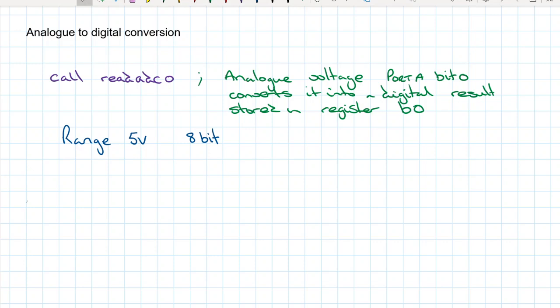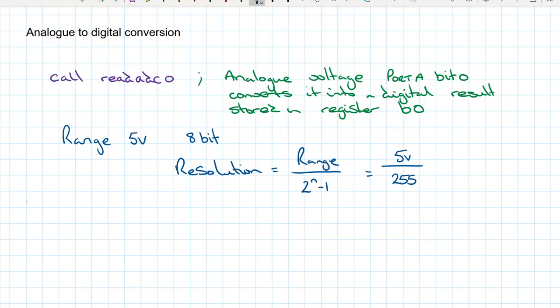Okay, which means we can then work out what the resolution is. So we're going to have 5 volts over 255, which equals 19.6 millivolts, so we'll say approximately 20 millivolts. Resolution is sometimes known as step size. Okay, the reason why it's step size,